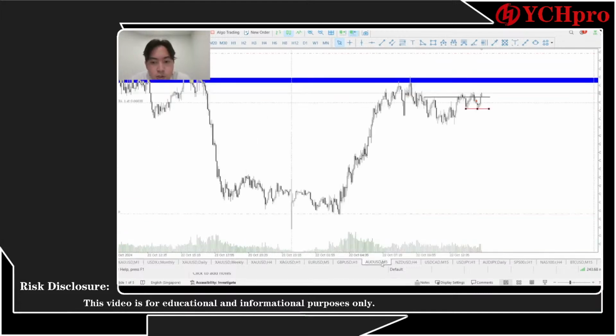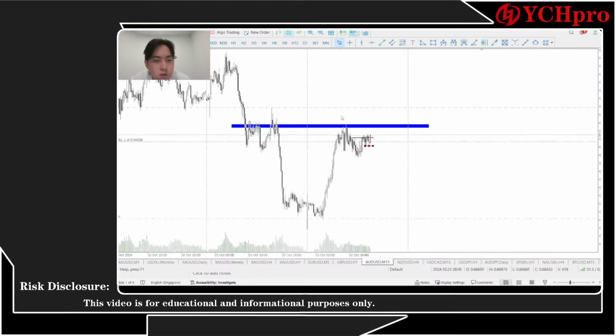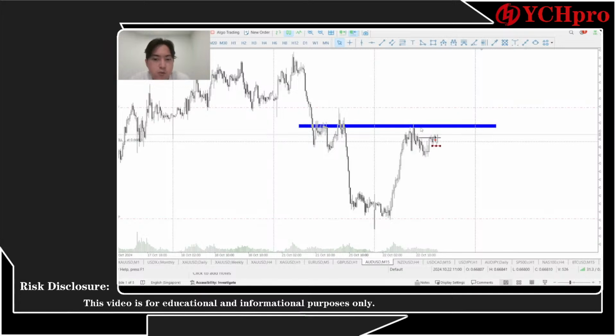Okay, let's see USD. The price is going to continue going higher. Maybe grabbing this liquidations. Who knows? Let's see. Maybe this is a market maker buy model. There's a chance. But we are follow the trend. Seems like the market is going lower, high percentage. So if the price do really break through this area, then it's not a really good thing. So let's see how it turns out.